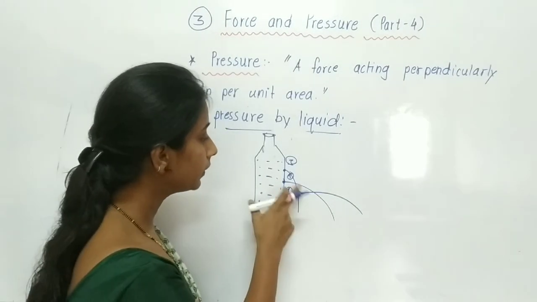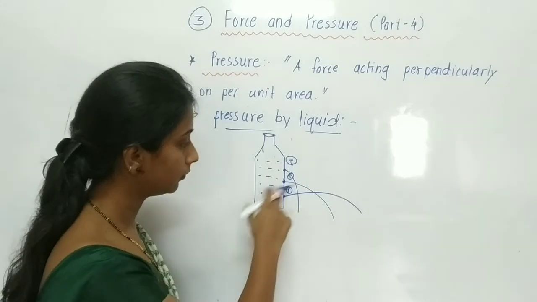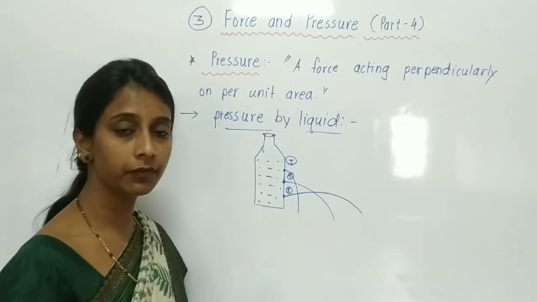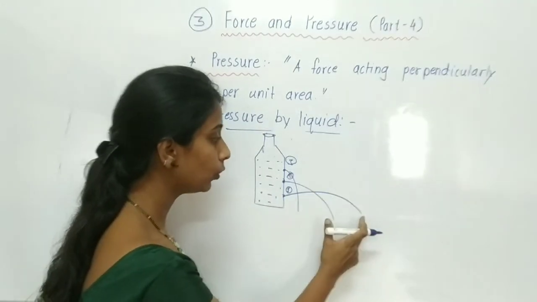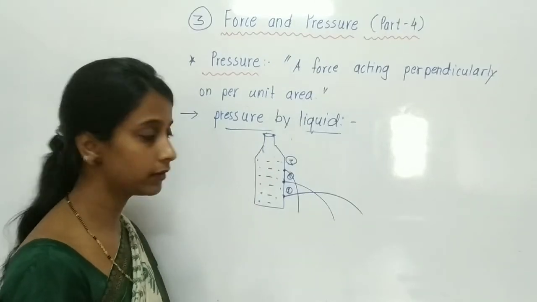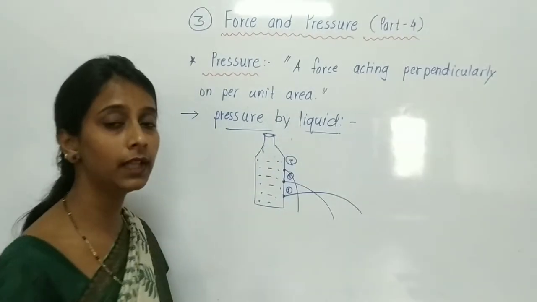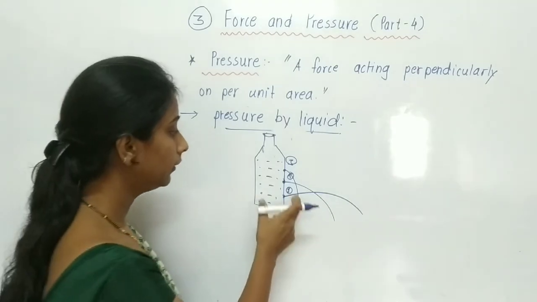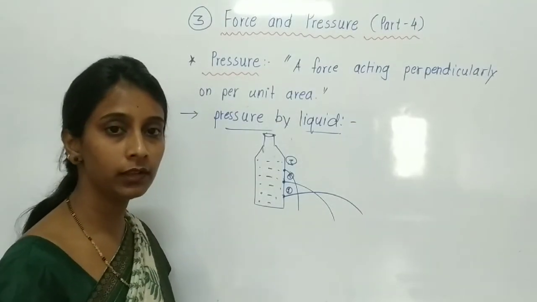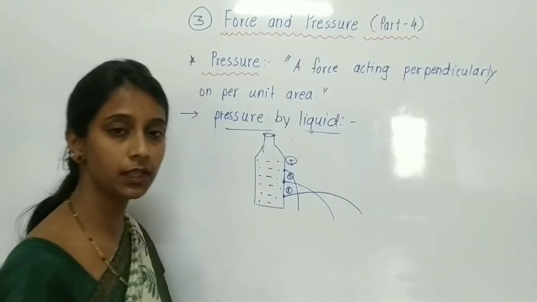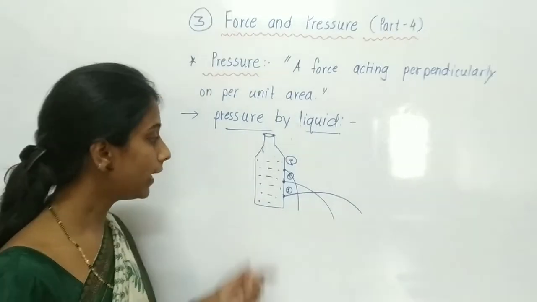If we see the place where the water comes out, it changes. From the first hole it goes a large distance, and from the last, third hole, it falls near to the bottle, meaning a very small distance. So why did it happen?